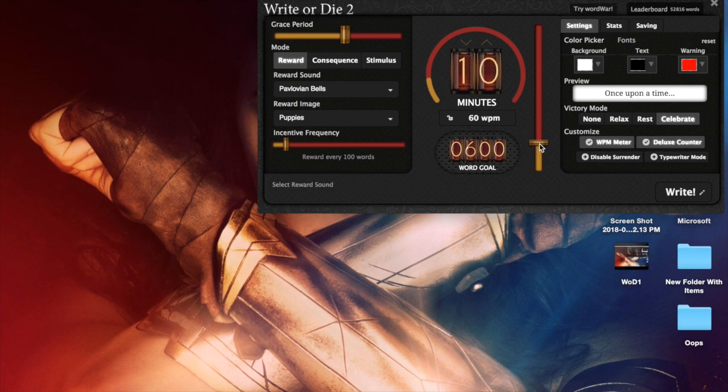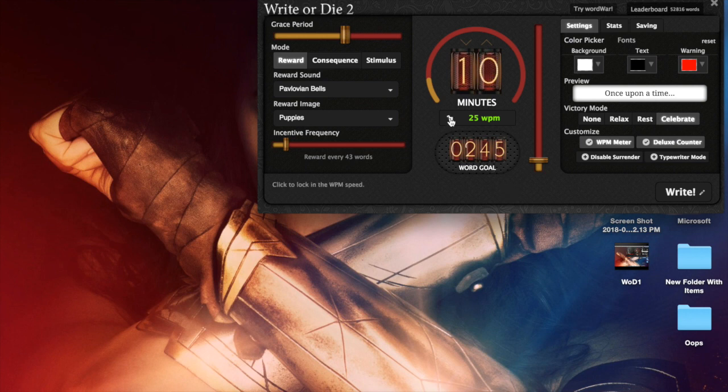You can see that we have this slider bar right here. This adjusts your word count goal. I'll take that back down for this. You can see right here we have the number of minutes that you plan to write, and right here how many words per minute you need to write in order to reach that word count goal in the amount of time that you have. So to reach 245 words in 10 minutes, you need to be writing about 25 words